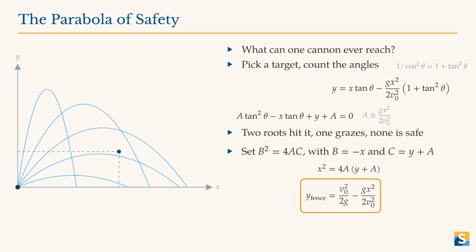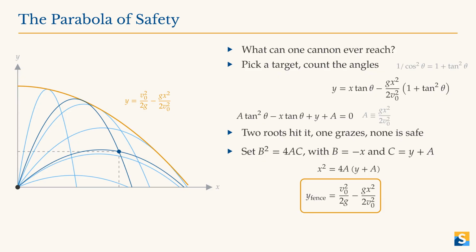Y equals v0 squared over 2g minus gx squared over 2 v0 squared. A single parabola opening downward, crowning directly overhead. Read it like a map. Below the fence, 2 angles reach every target. On the fence, the twins merge into one grazing shot, tangent to the boundary, and the quick check is right